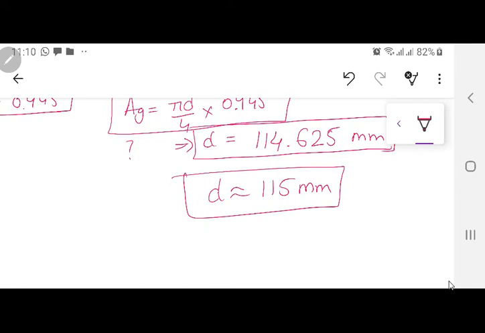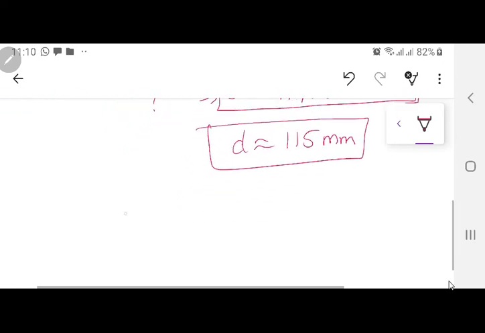Now at this point you have chosen an 11-step core. Listen to this very carefully. Now there are two paths from here. The first path is based on your assignment number 1 which you did. You were told there is an approximate formula, equal to 90 degrees divided by n plus 1, where n was the number of steps, and you find the first angle. Subsequently you can find the next angles. The other way is your assignment way, in which you do it for 11 steps and try to find the exact theta angle. Now normally as designers, your main aim is to reduce the amount of copper being used.